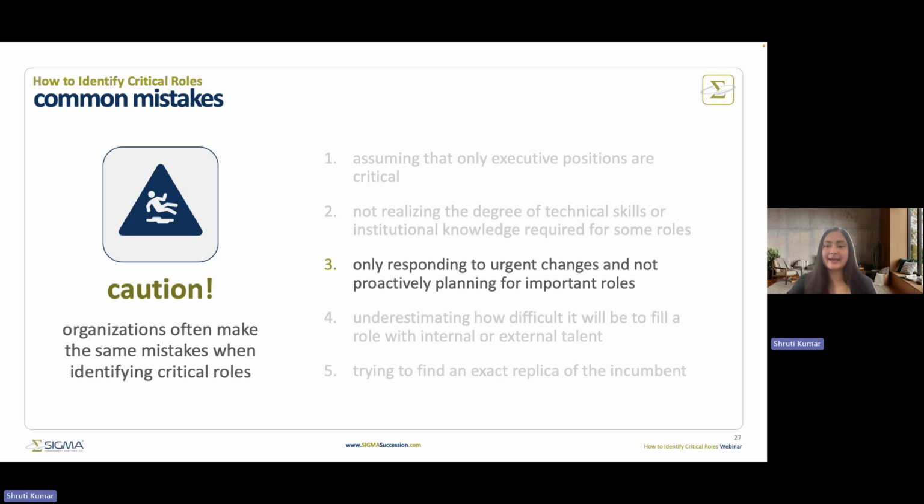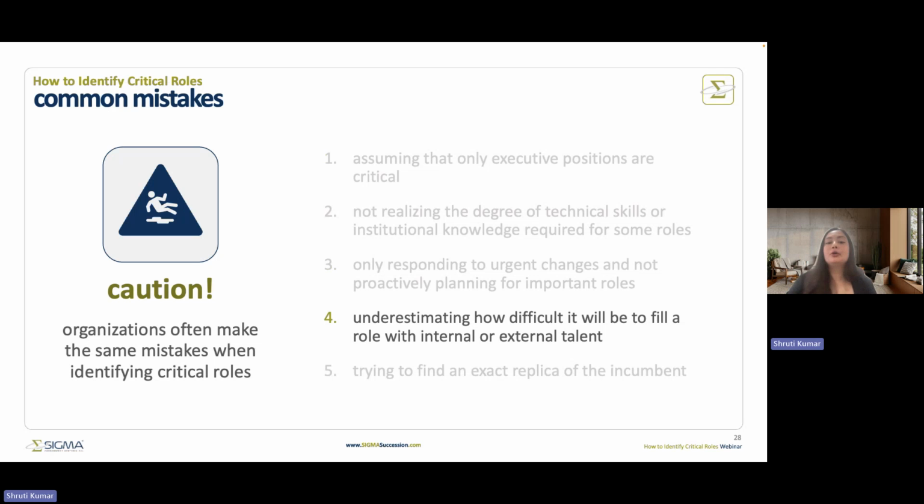All right, so this next mistake has to do with taking an ad hoc, reactive approach to urgent vacancies. So rather than spending time on proactively planning for talent development, you're only dealing with situations as they arise. Now, this can create a lot of disruption in your organization, and it really impacts your organizational functioning and organization success. So, with that proactive and intentional long-term approach, you can actually make very well thought out, objective, and even efficient decisions, and you can act in line with your organization's vision and values.